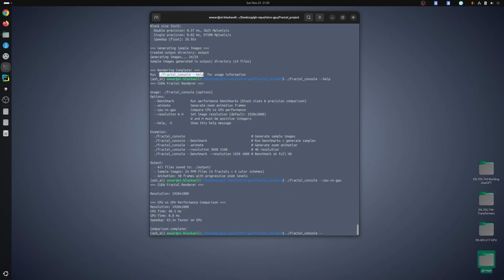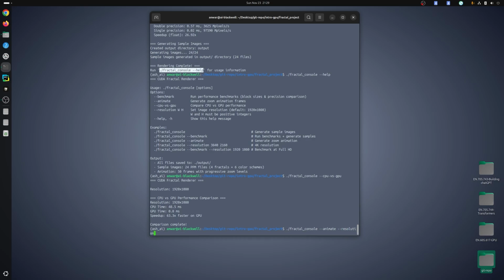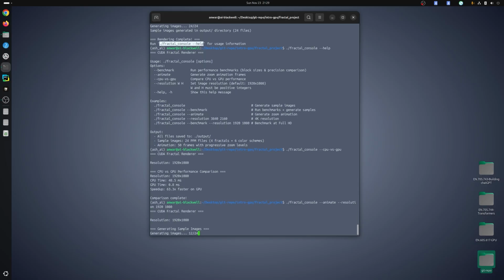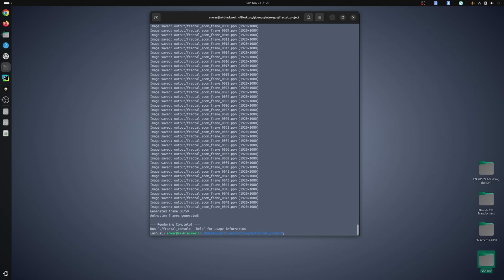So if we do animate with resolution 1920 by 1080, let's say this one, let's hope this works. All right, so that generated a slew of